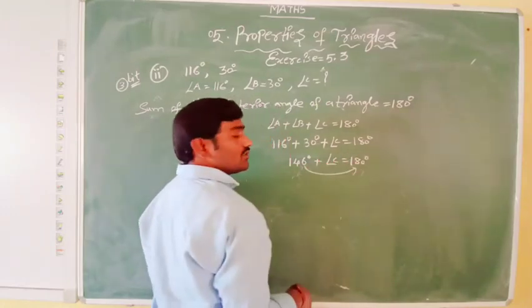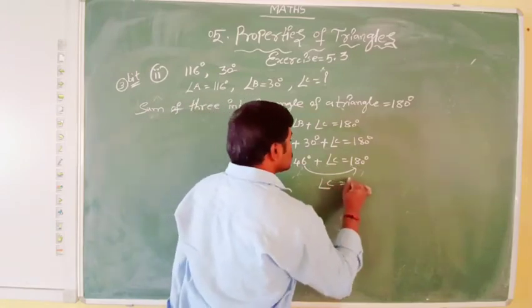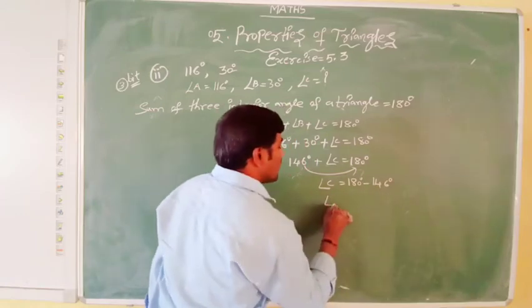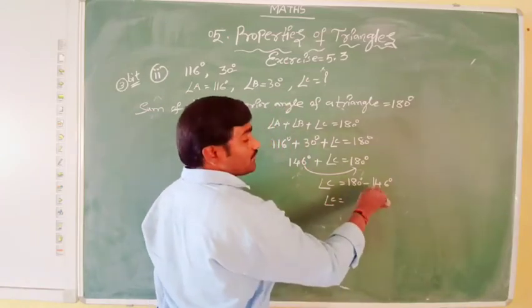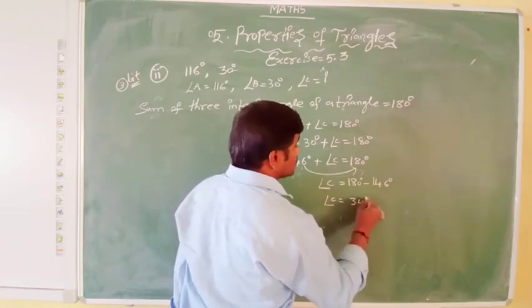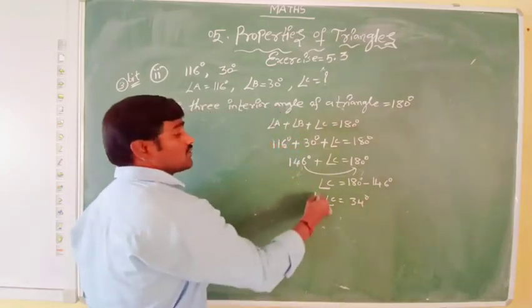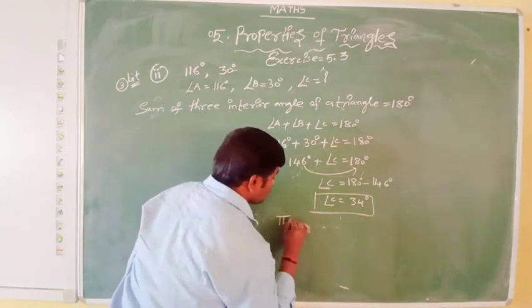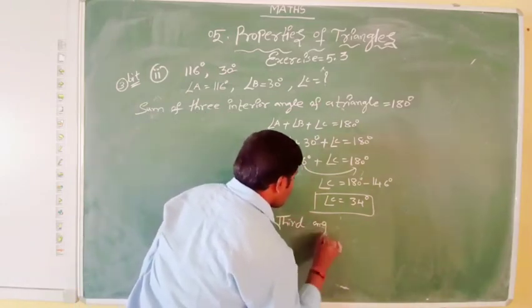This is 146. You transfer the side, that becomes minus it. So 180 degrees minus 146 degrees. Then angle C equal to, subtract here, how much will you get? Here 34 degrees you will get. So angle C equal to 34 degrees. Therefore the third angle is